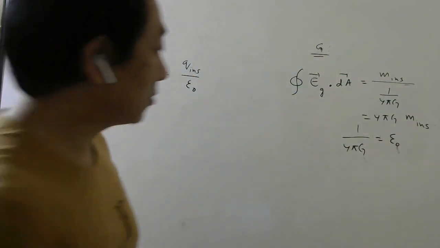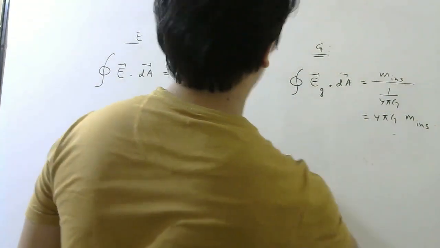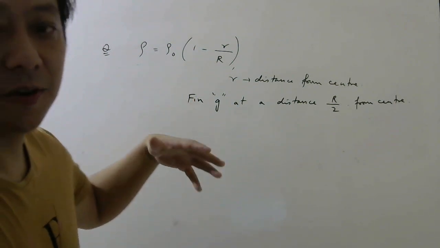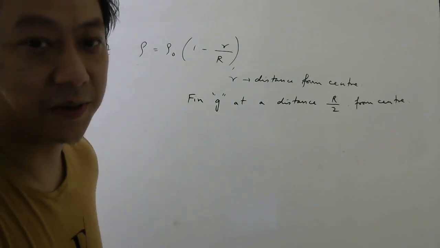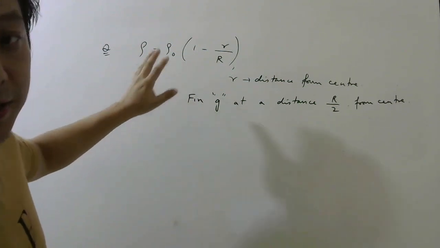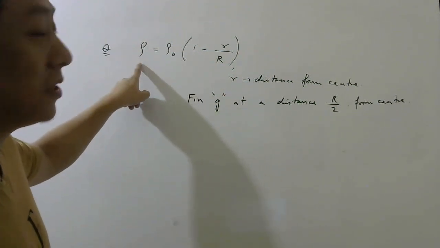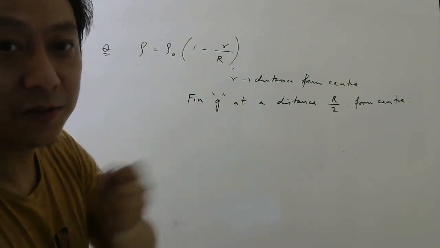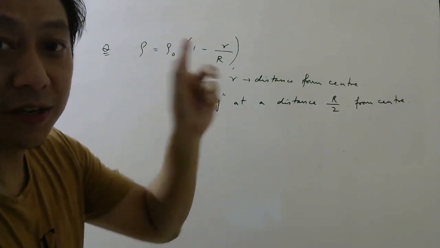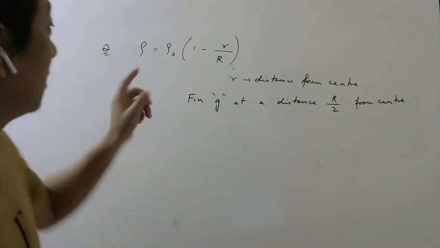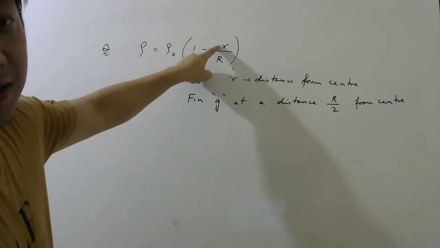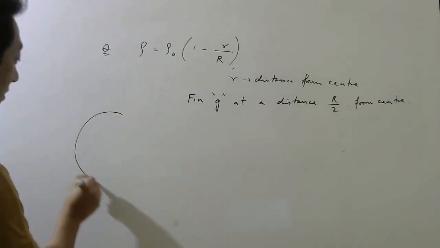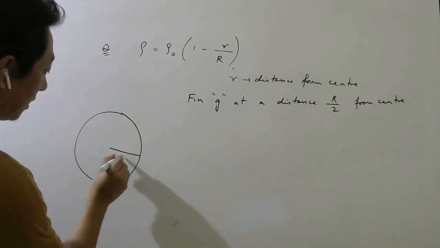Let us do a problem now, which is based on Gauss law applied to the gravitation chapter. They have given you a spherical mass whose density is not constant. So we cannot directly use the formula for a solid sphere which we have derived, because for the solid sphere we assumed the density was constant. Here density is changing with r, and what is this r? Distance from the center. So there is a spherical mass whose radius is capital R.